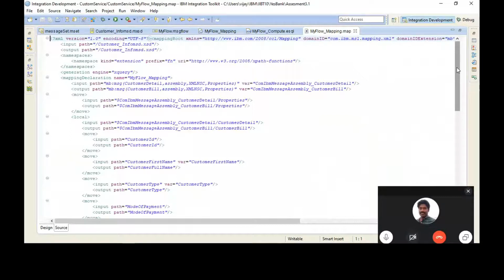And then properties from your input are getting mapped to the properties of your output. Properties from customer detail get mapped to customer bill. Here is the namespace.